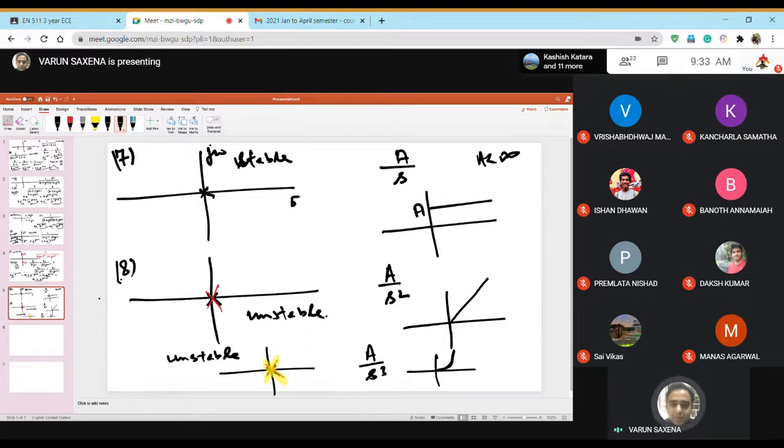Okay, so the basic idea is that you try to formulate the transfer function and then you take an inverse Laplace and then you see whether the function that you obtain in time domain is actually decreasing as time increases, or it is remaining as an oscillatory thing, or it is going to increase as far as the amplitude is considered. So it will be BIBO unstable if the amplitude increases, and it will be BIBO stable if the amplitude remains either constant or it decreases. So that is basically the idea.